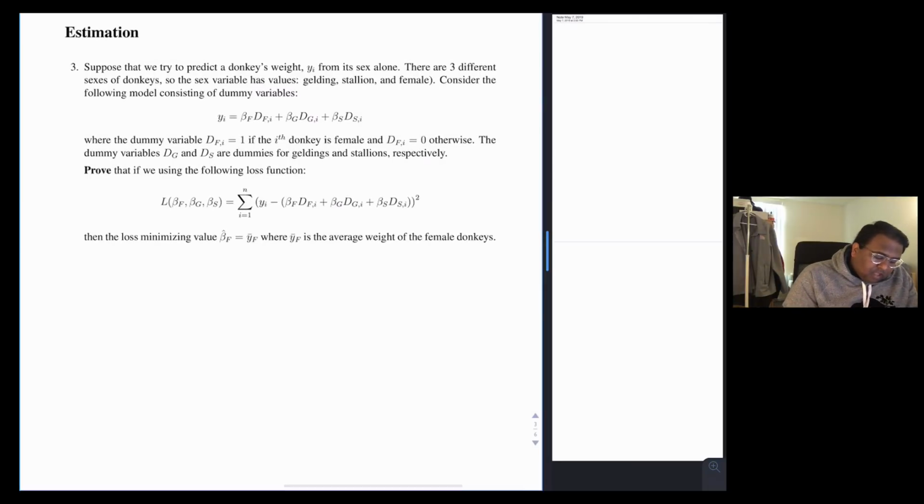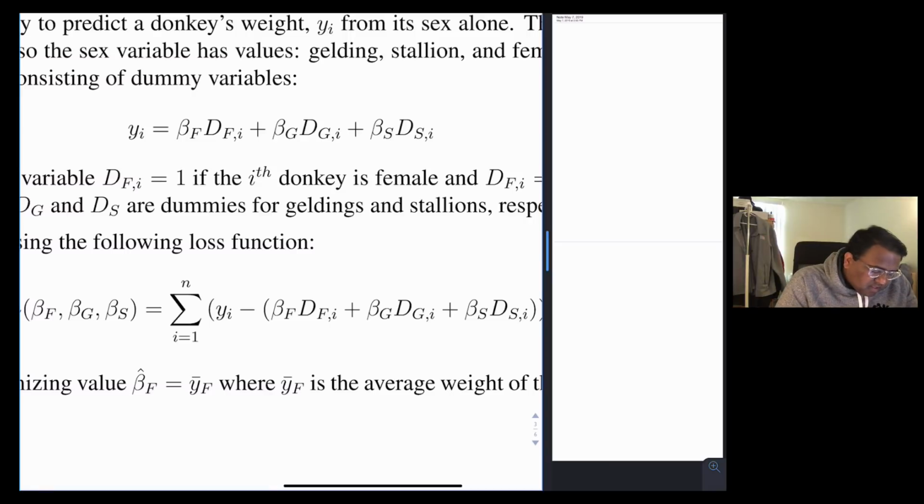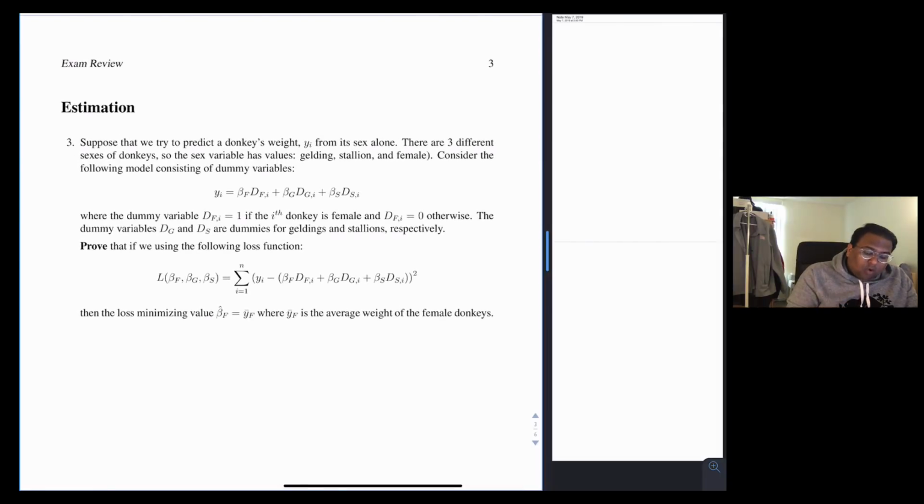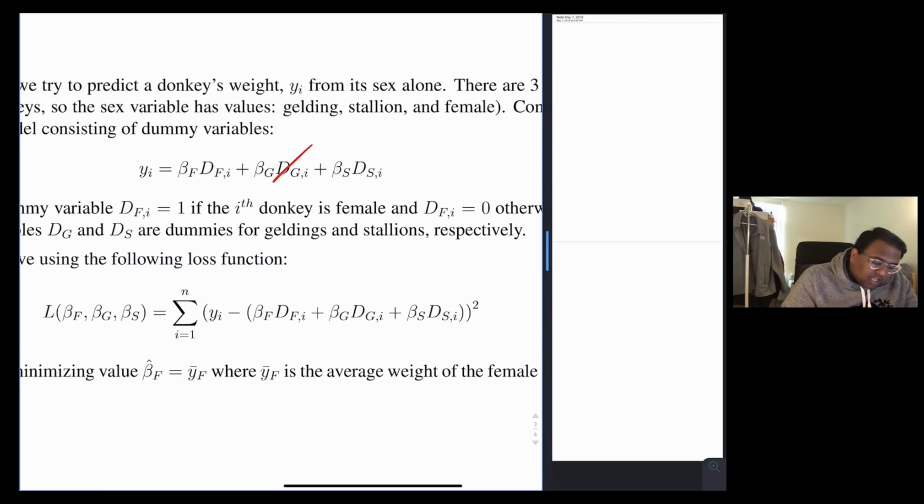And our model is yi is equal to beta F times dFi plus beta G times dGi plus beta S times dSi. Okay, and we're told that according to the donkey's sex, the corresponding D value is equal to 1, and the other 2 D values are equal to 0. So for example, if donkey I is a female, DGI and DSI are set to 0, the only thing that matters is beta F, because in that case, DFI would be set to 1. Similarly, if a donkey is a stallion, DFI and DGI are set to 0, and DSI is set to 1,